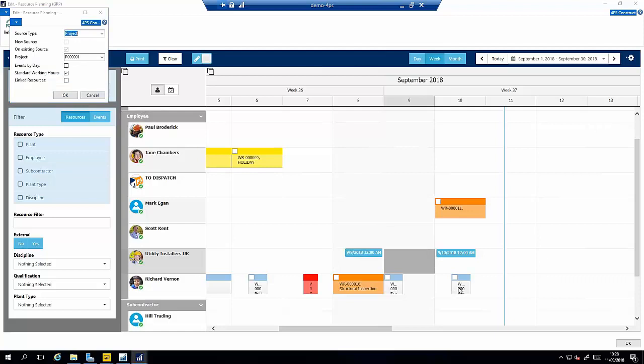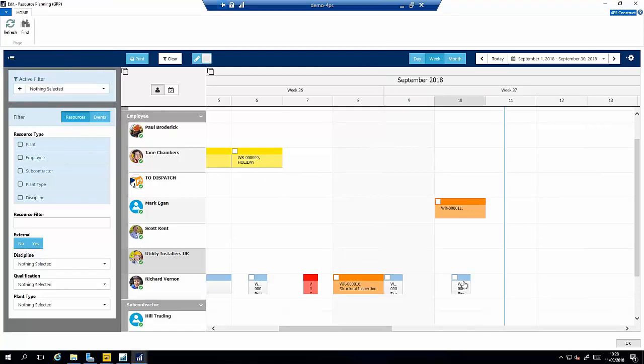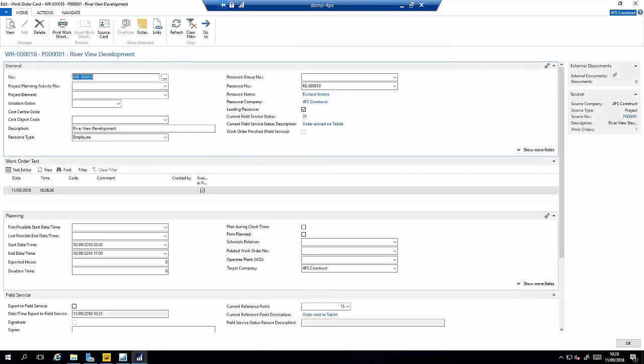Just cancel that, sorry, I started making another call there. Bit trigger happy. Click on the information, and we can see the call. You can see down at the bottom here I've got a current reference point of 15. That is the reference point I've configured to say that the order has been sent to the tablet. So within the system, we know that order has been sent to the mobile phone, and we don't need to think about calling Richard Vernon to tell him that the job at Riverview development is on,